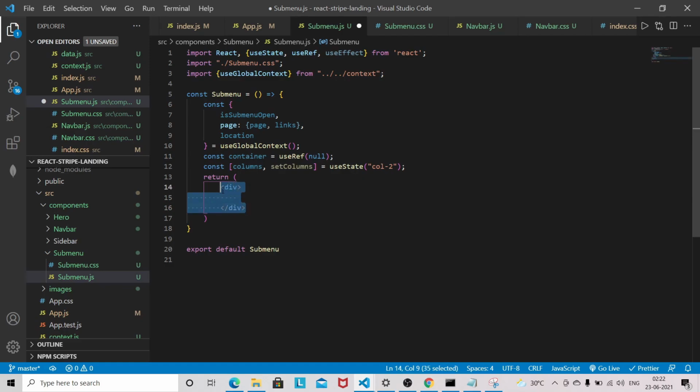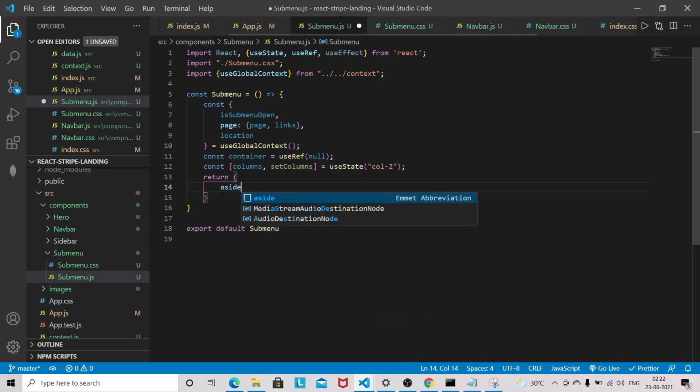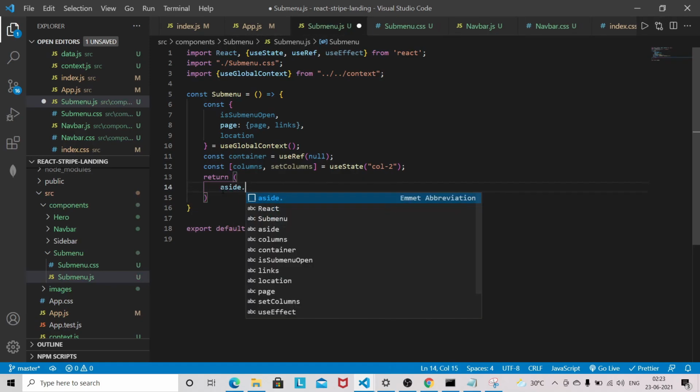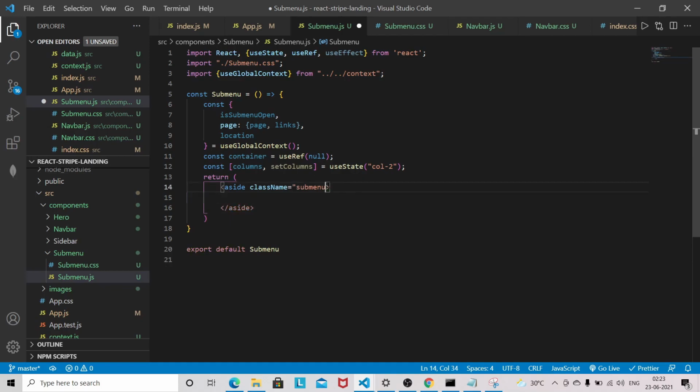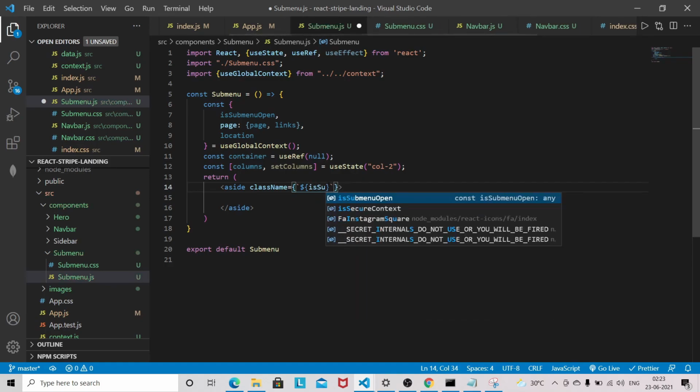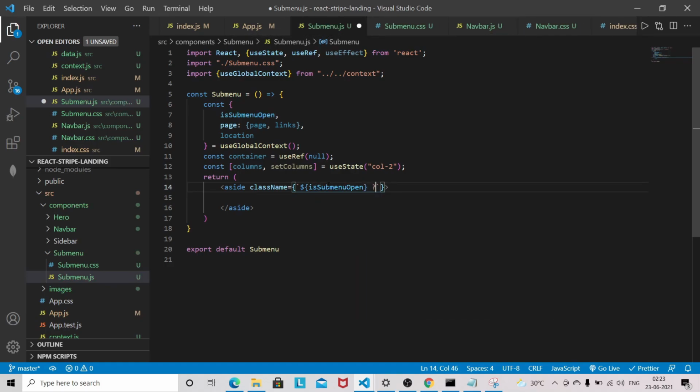So I'll be having one tag here called aside.submenu, and this class name will be dynamic. So I'll be using a template literal. So based on each submenu option, I will be attaching the class. So submenu, and the class name will be show, else it will be submenu only.